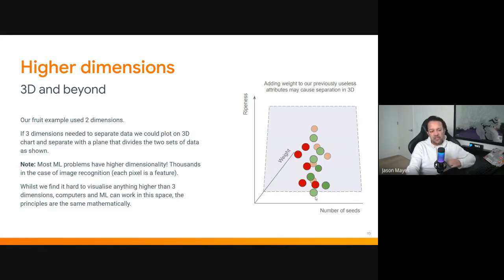And the key thing to note here is that machine learning typically doesn't even use 3 dimensions. It uses tens, hundreds, thousands, even millions of dimensions. And as humans, we can't visualize this because we are used to dealing with 3D only in our day-to-day lives. However, the mathematics can deal with this. And instead of using a plane, as you see here, you can use something called a hyperplane, which simply means 1 dimension less than the number of dimensions that you have.